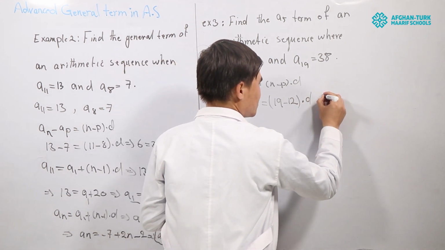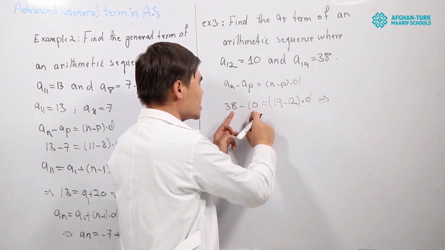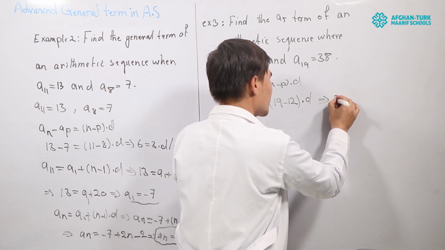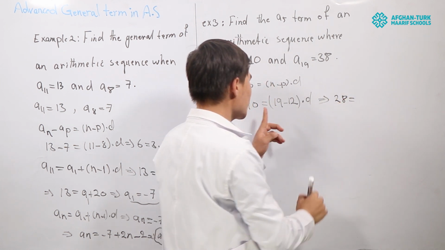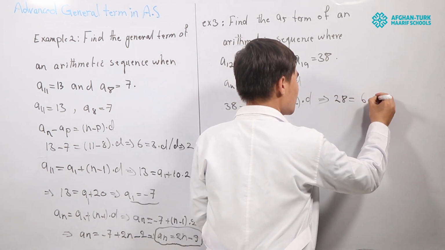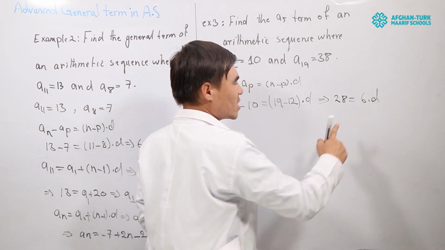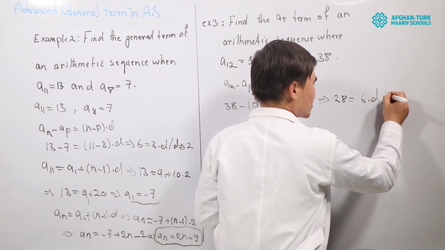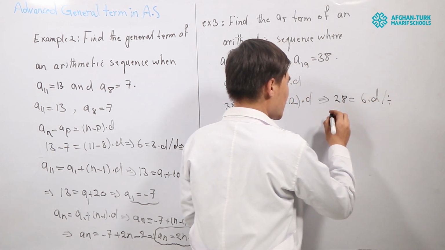Okay. Here we will have 38 minus 10 will be 28, equal to 19 minus 12 will be 6, 6 times d. When I divide both sides by 6,